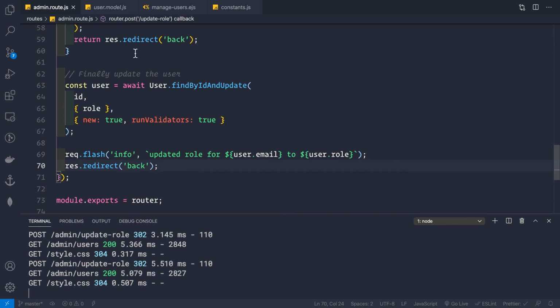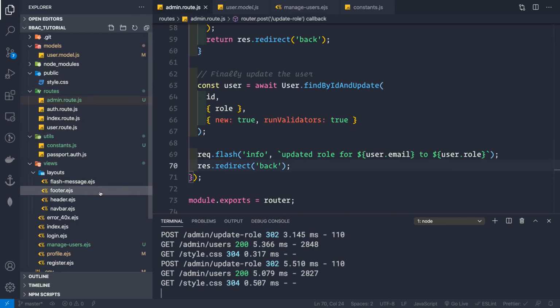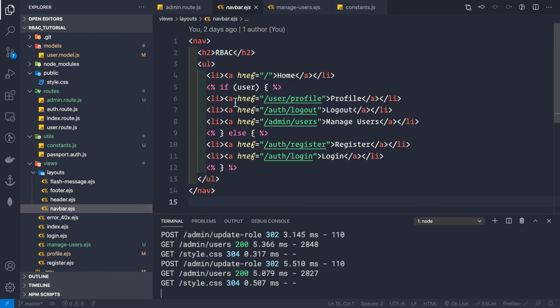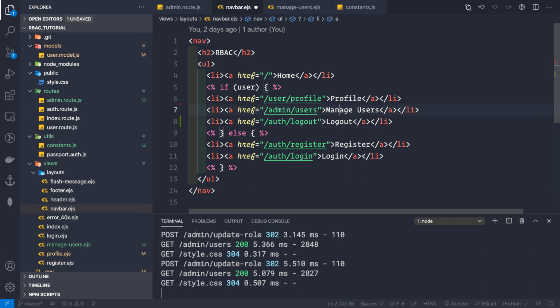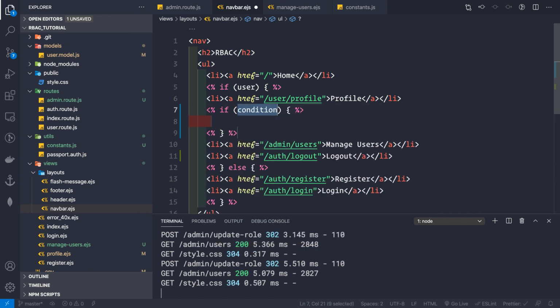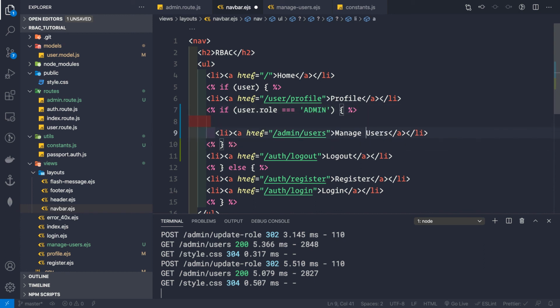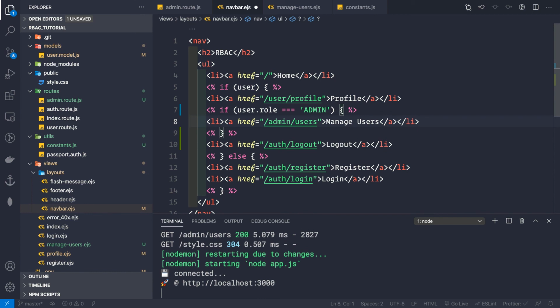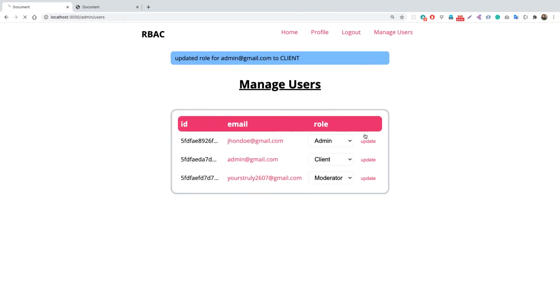So let's open this file here, that is navbar.js EJS file. And here we are displaying the routes according to the user, if he is signed in or if he is signed out. So firstly, let me take it one step above. And here we'll make another check, that is another if check, that is if user.role equal to, and we should write an EJS if here, not directly like that. So here we can say user.role equal to admin, then only we want to display this route, that is manage users route. So now let's save this and let's go back, and now let's refresh the page here.